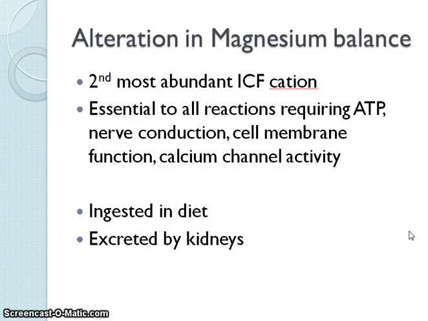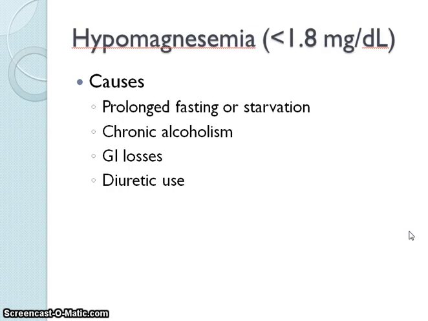Magnesium is our second most abundant intracellular ion. We need it for ATP, or the Krebs cycle of our cells. It also makes our cell lines function. We get it in our diet. It's excreted by our kidneys. Causes for